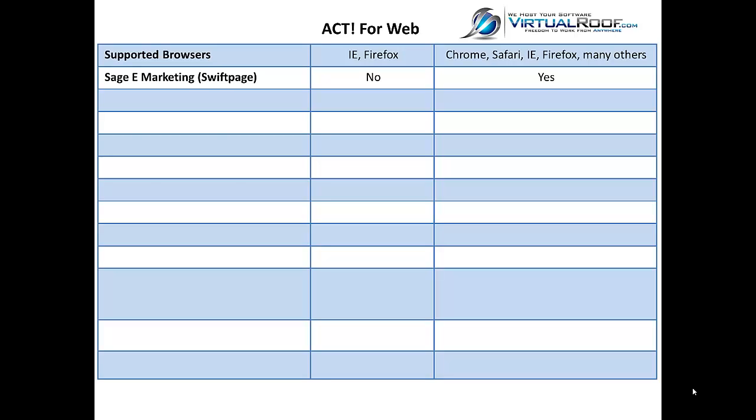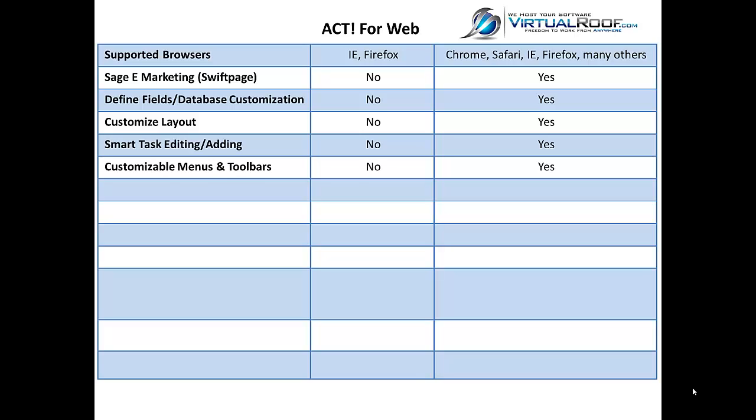Sage eMarketing, SwiftPage. This is a huge marketing tool that you can use with ACT. You can't use it in ACT for Web, but you can with virtualroof.com. Again, we're hosting the desktop versions of ACT. The ability to define fields and customize your database. You cannot do that in ACT for Web. You can in virtualroof.com. Customize your layout, smart task editing and adding, customizable menus and toolbars, the ability to add activity types, the ability to edit or add reports, labels, and envelopes, the ability to right-click on the screen and get a menu,